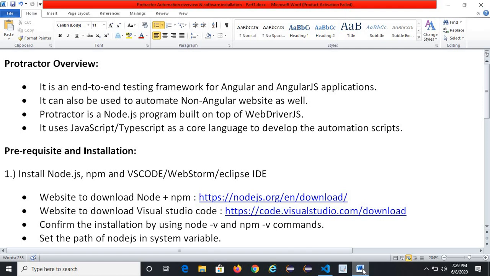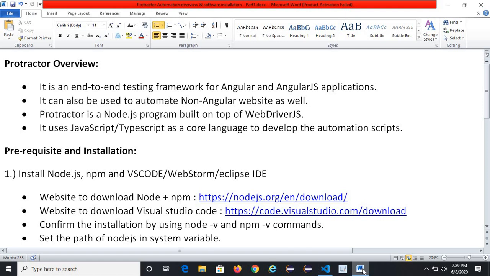Protector is a Node.js program built on top of WebDriverJS, so it comes with WebDriver plus Angular support. It uses JavaScript or TypeScript as the code language to develop the automation scripts. Protector is a stable automation framework to automate any Angular applications.